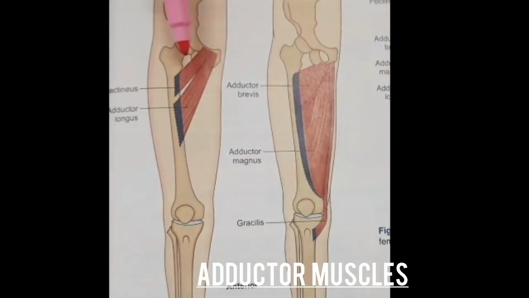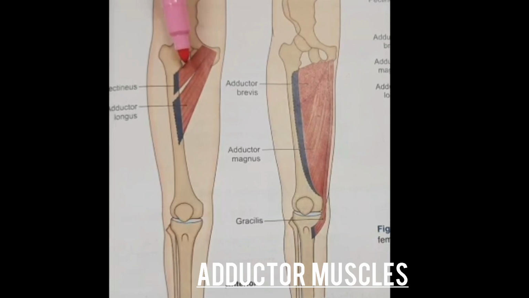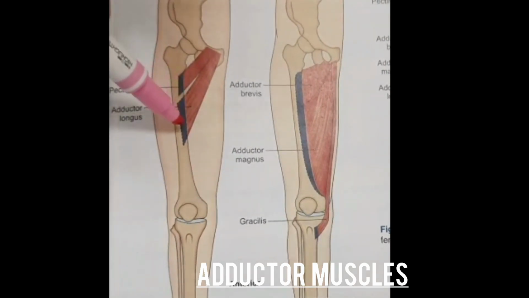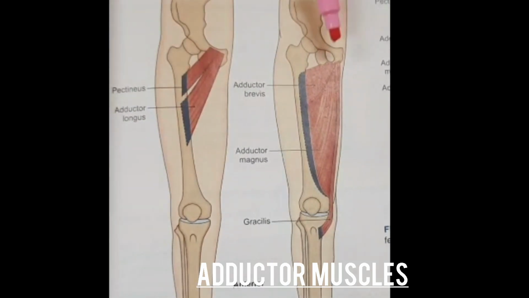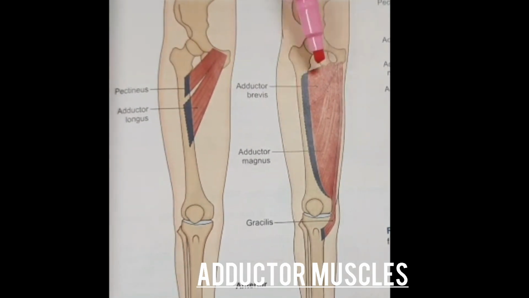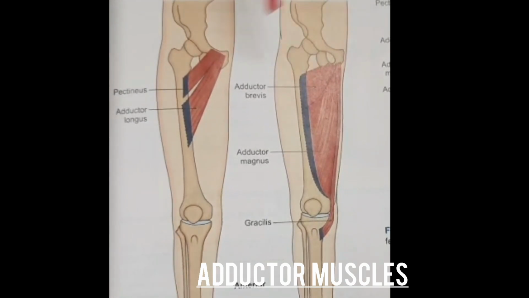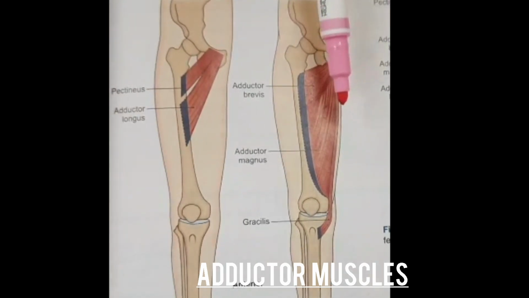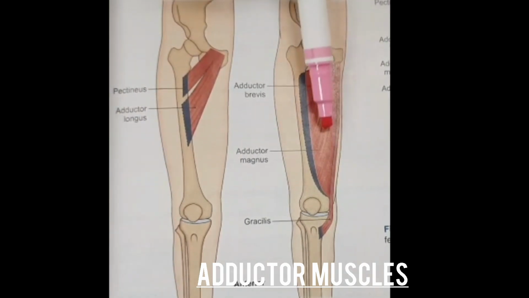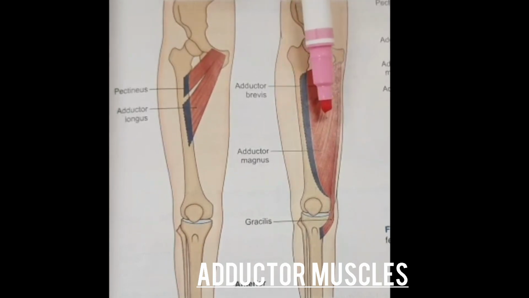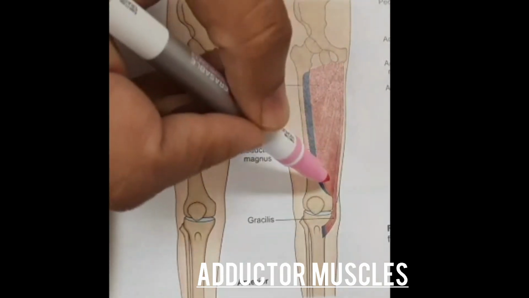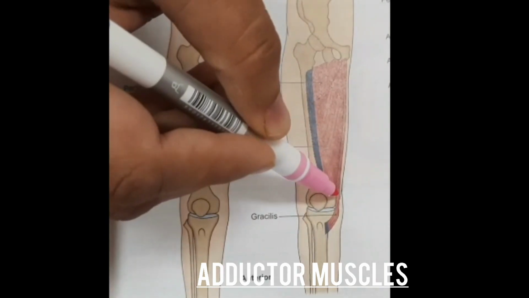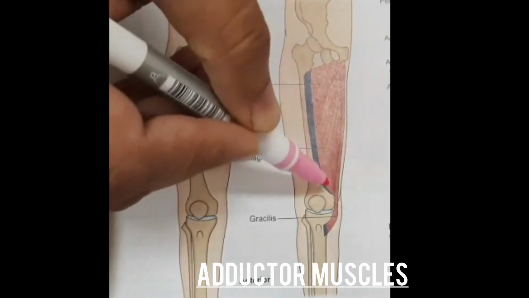As adductor longus and pectineus are in the first plane, they will attach most medially in the linea aspera. Then in the second layer we have adductor brevis. It will insert somewhat lateral to the attachment of the adductor longus and pectineus. And lastly, in the third layer we have adductor magnus. It will insert most laterally in the linea aspera, but in an oblique manner, and its length of insertion is highest.